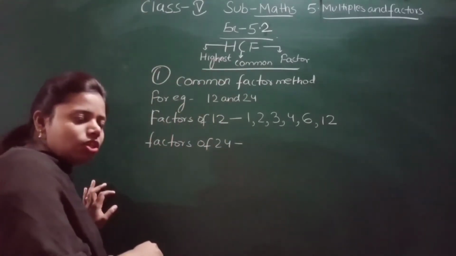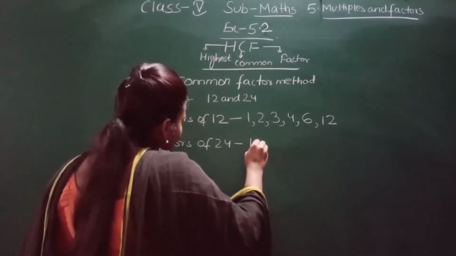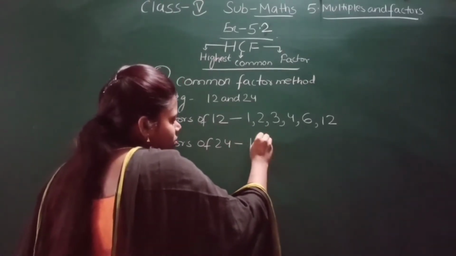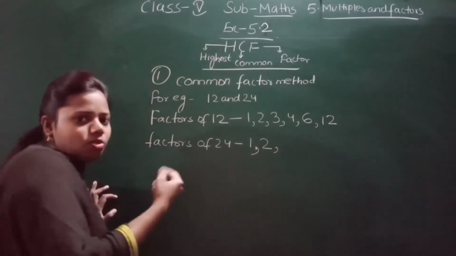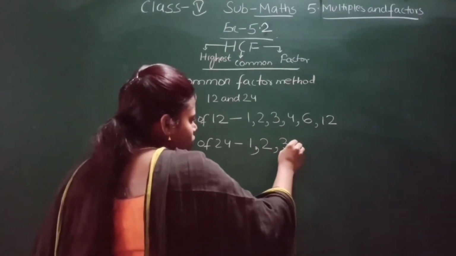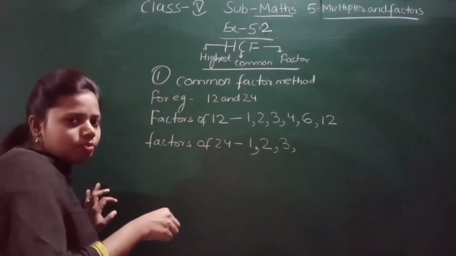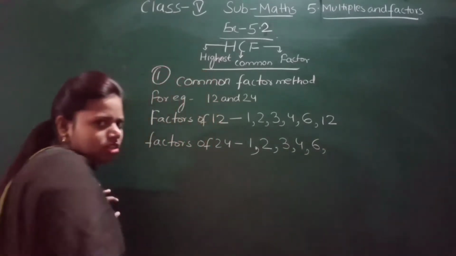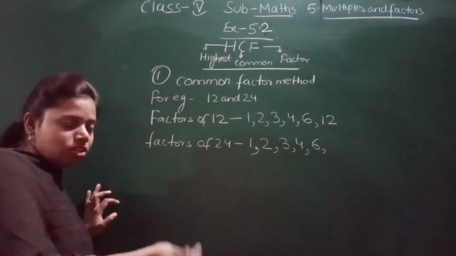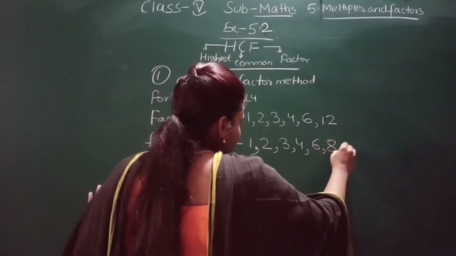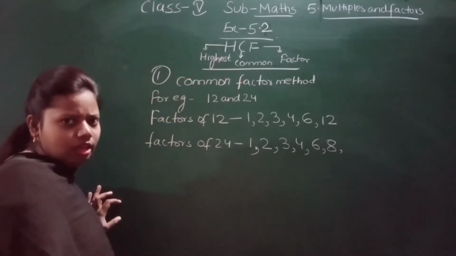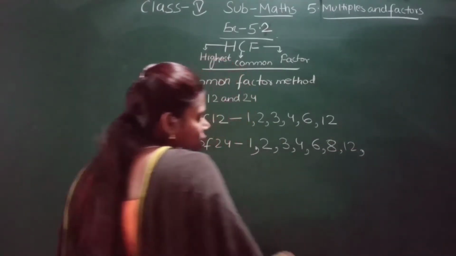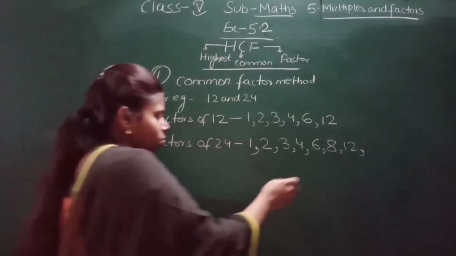Now let us write the factors of 24. In which tables does it come? It will come in the 1 table, 1 24 is 24. It will come in the 2 table also, and the 3 table also, 3 8 24. It will come in the 4 table also, 4 6 24. 5 it will not come. 6 it will come. 7 it doesn't come. In the 8 table it will come, 8 3 24. In 9 no, 10 no, 11 no, 12 it comes, 12 2 24. And now it will not come in any other table, it will come directly in its own table, that is 24.